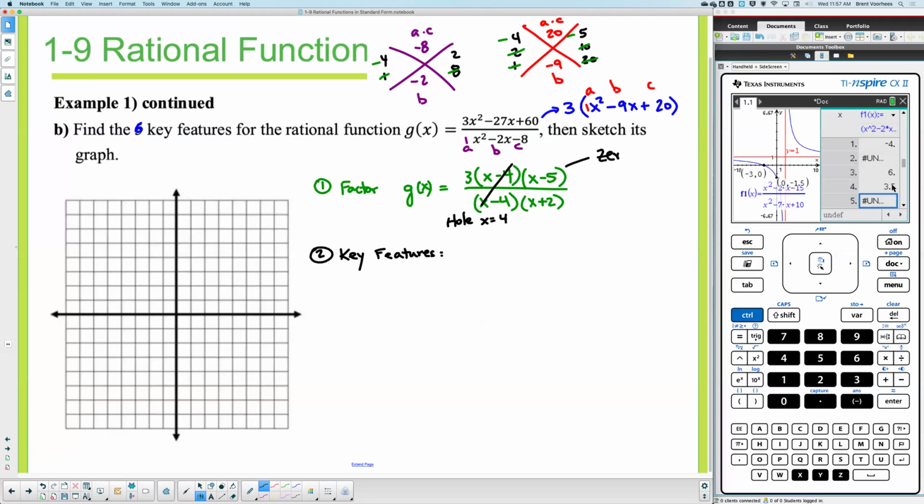It's a 0 if it doesn't cancel. X equals 5. What if it's a factor of x that remains in the denominator? That's a vertical asymptote. X equals